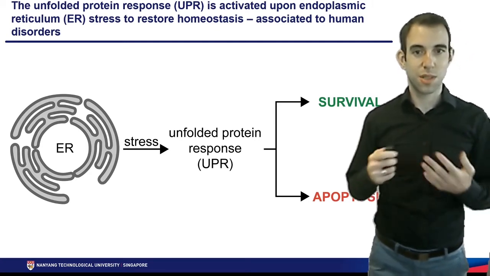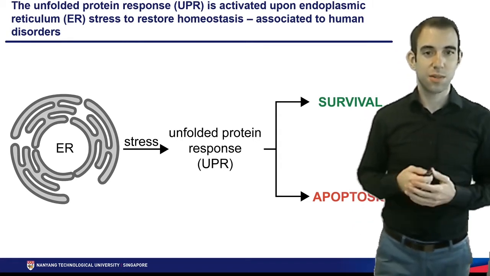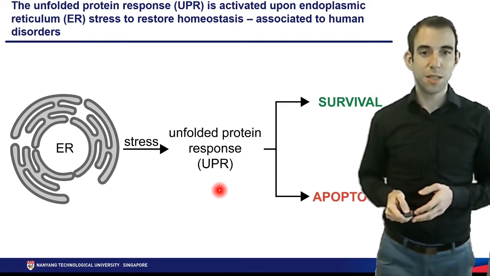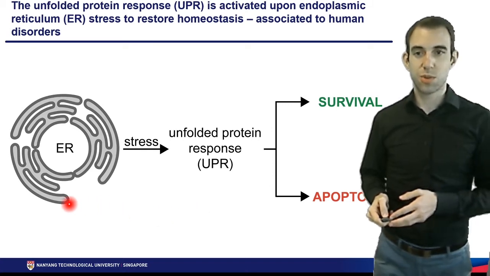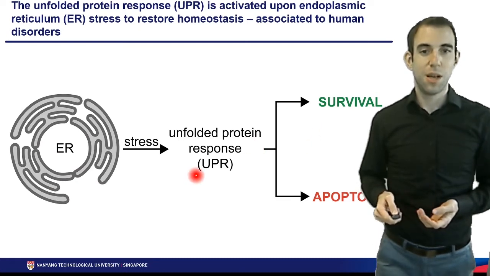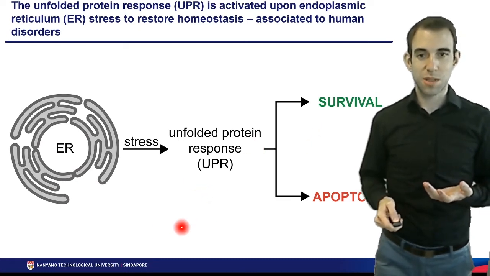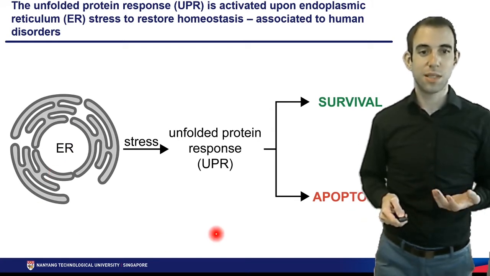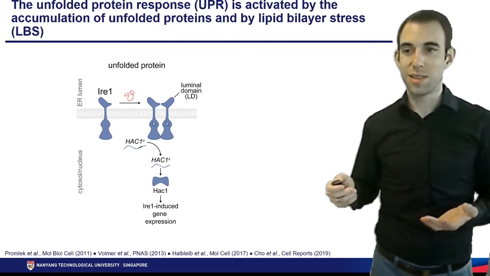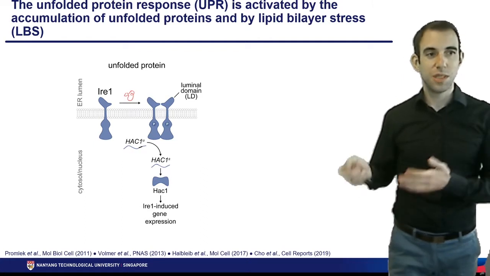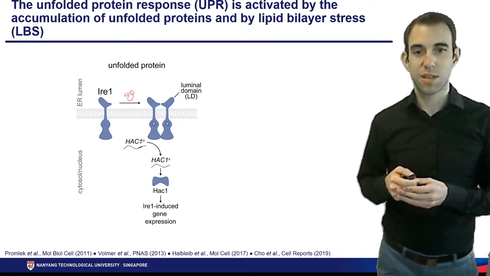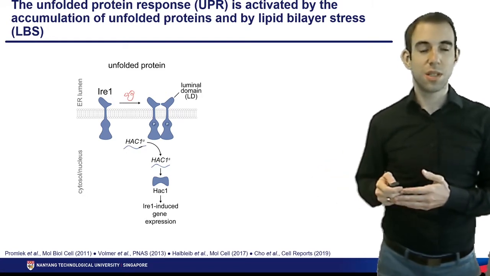And when this organelle goes under stress, it activates a highly conserved stress response, which we call the unfolded protein response, or UPR. This pathway is activated in an attempt to restore ER homeostasis. If it goes well, the cells should survive. But if the stress response doesn't restore homeostasis, it can lead to cell death through apoptosis. As I just mentioned, the stress response is highly conserved from yeast to human. In higher eukaryotes, there are 3 sensors of ER stress, while in yeast there's only one sensor of ER stress,